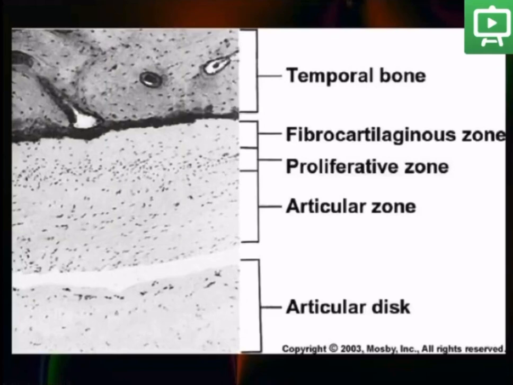This is the upper compartment of the joint. Above the articular disc and the cavity, or the TMJ space, we find the fibrous articular surface layer, followed by the proliferative zone, the fibrocartilaginous zone,